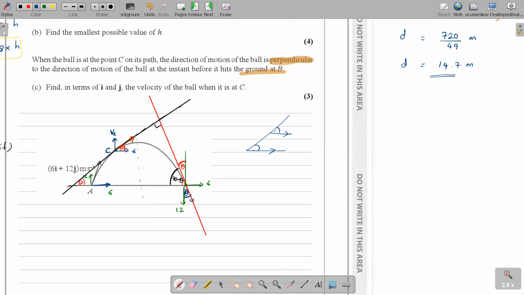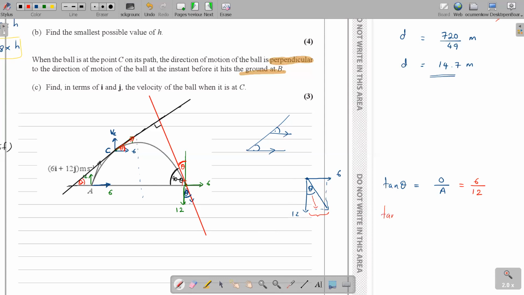So let's see how to get the tan theta here. You have your components here, 6 and 12. This resultant angle is the theta here. So I can use tan theta, which is opposite over adjacent. Who is the opposite here? Opposite for this theta is this horizontal distance, which is 6. The adjacent is the vertical distance, which is 12. So just put the distances.